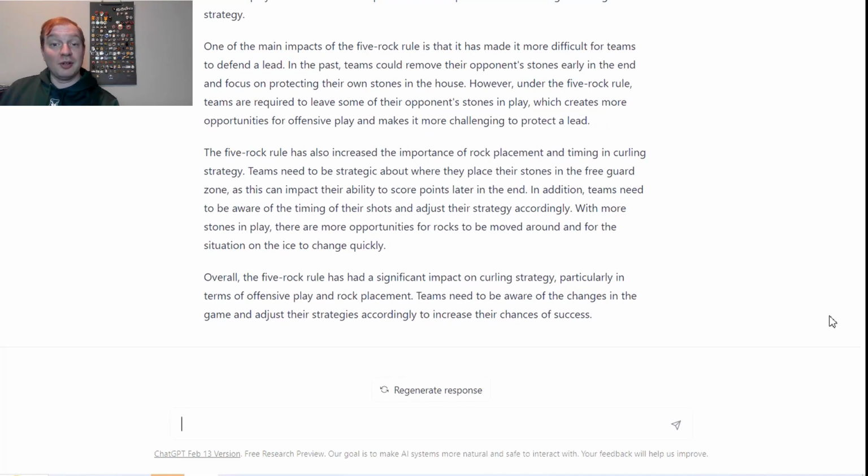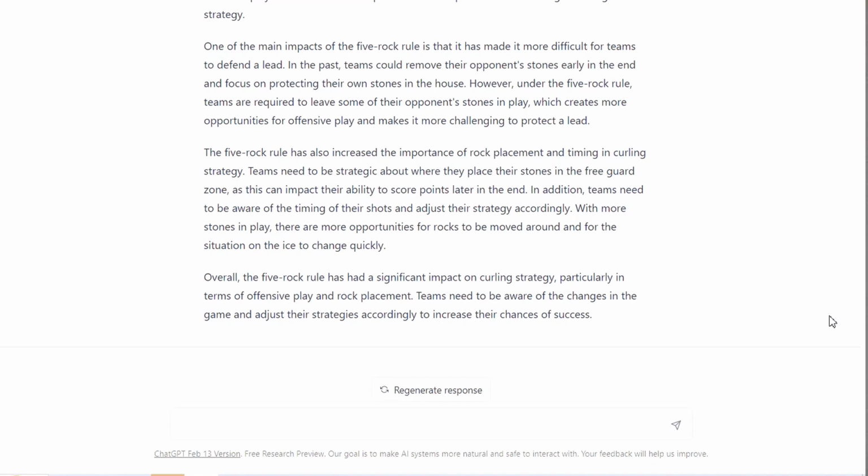Overall, the 5-rock rule has had significant impact on curling strategy, particularly in terms of offensive play and rock placement. Teams need to be aware of the changes in the game and adjust their strategies accordingly to increase their chances of success. Not too bad. A couple weird things in there with the whole timing issue, but I'd give that a B. Good job, ChatGPT. Now, I'm going to ask about one other rule change, which will be the